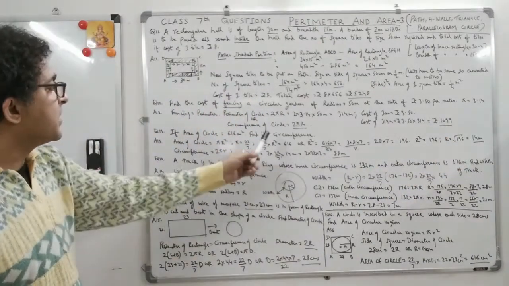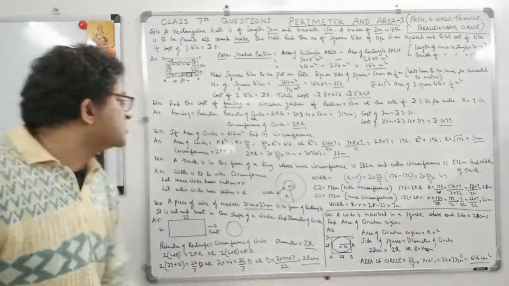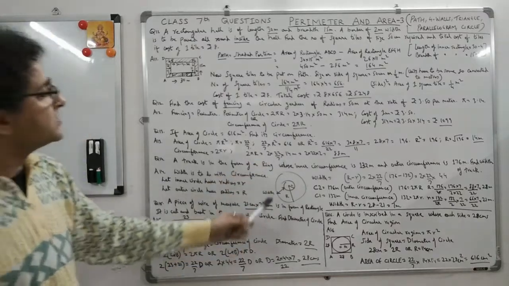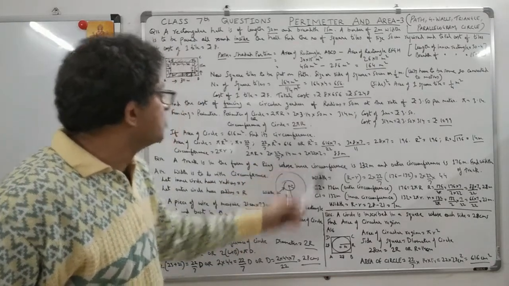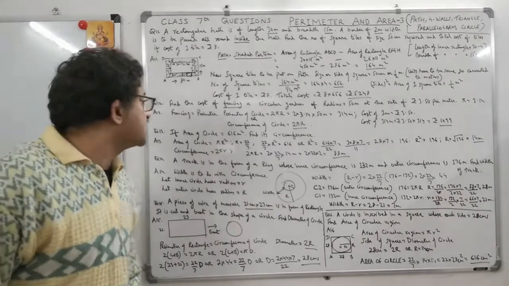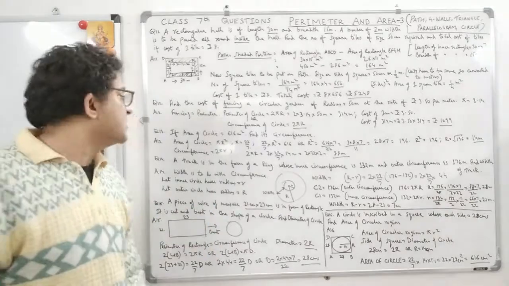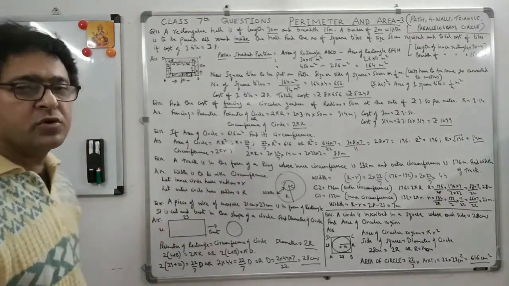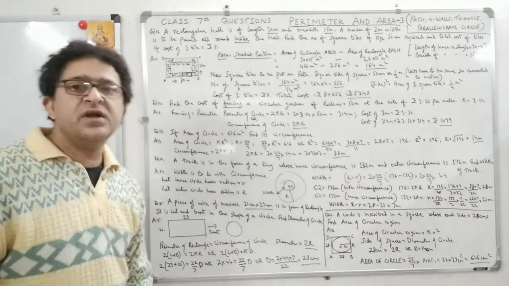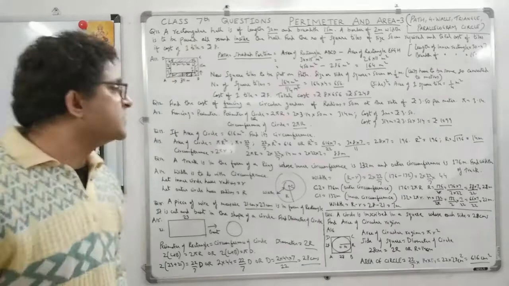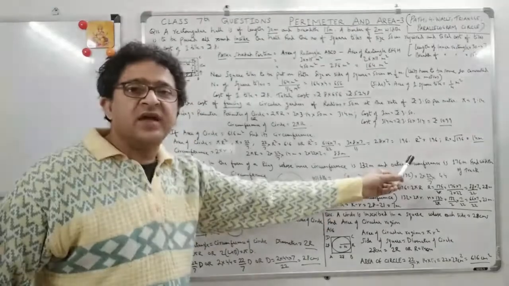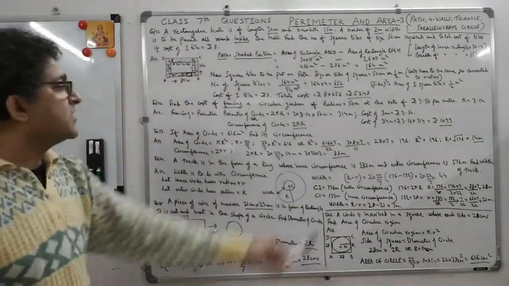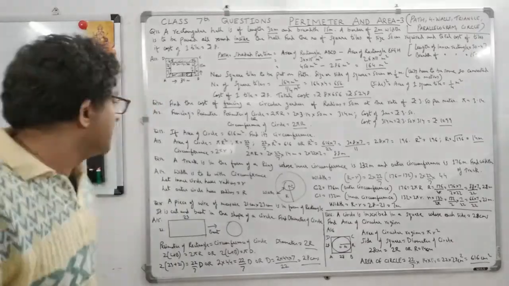What is being asked? Circumference is being asked. So 2 pi r is 2 into 22 by 7 into r, which is 14, which is 2 into 22 into 2, which is 88 meters, right? So this is a good question. This can come for 2 marks. Area is given to you, circumference is asked. Simply replace the values. You know the formulas: area of circle is pi r square and 2 pi r is the circumference, right? So first you calculate r square, and from r square you get the r, and then when you get the r, you can easily calculate the circumference, which is 2 pi r. Okay.